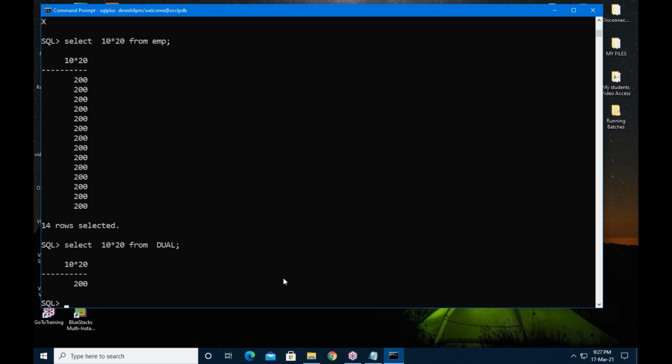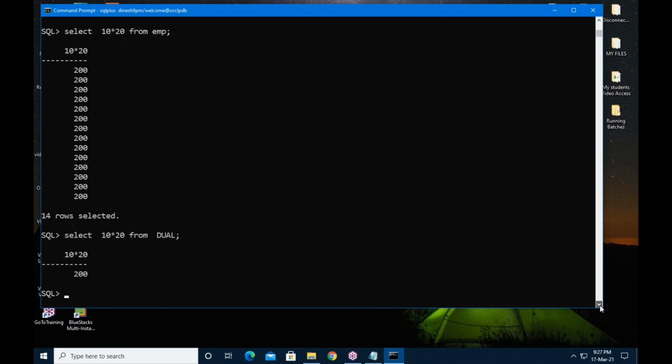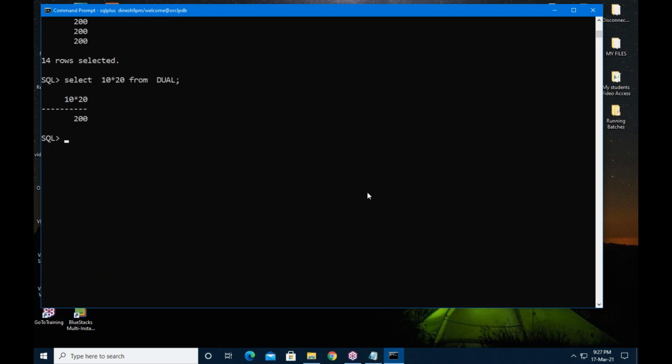Don't miss it. If you want to calculate your own expression, suppose select 10 into 20 plus 300 into 41 minus 2000 from dual. This is the result of your expression.